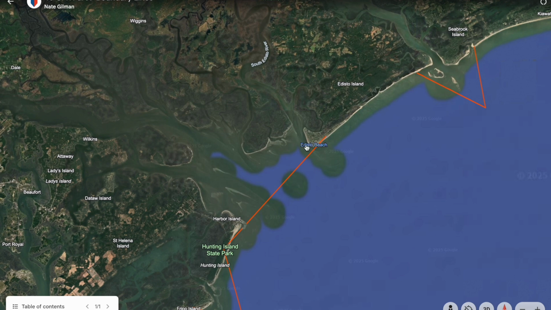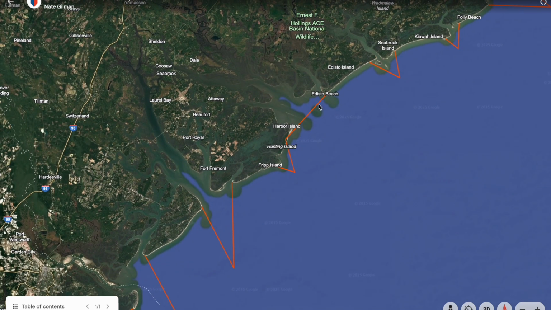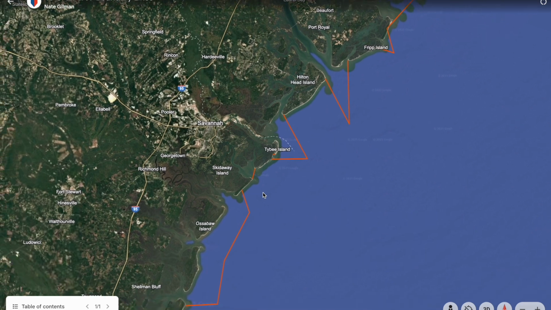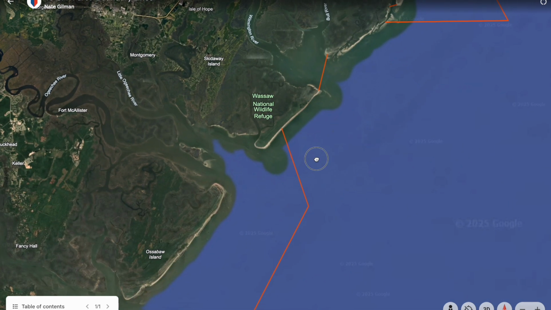It makes quite a bit of sense coming down off Edisto and Hunting Island, where it's pretty clear and straightforward that this is all near coastal and this is all inland waters. You know, off Hilton Head and Tybee, getting down to Savannah, there is a pretty interesting cutout here. So coming down off Savannah,